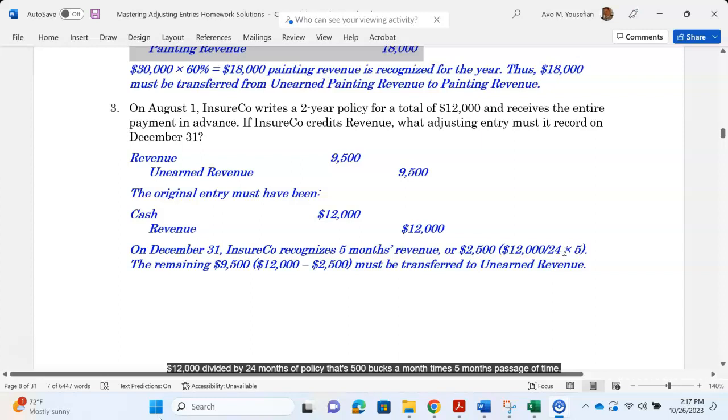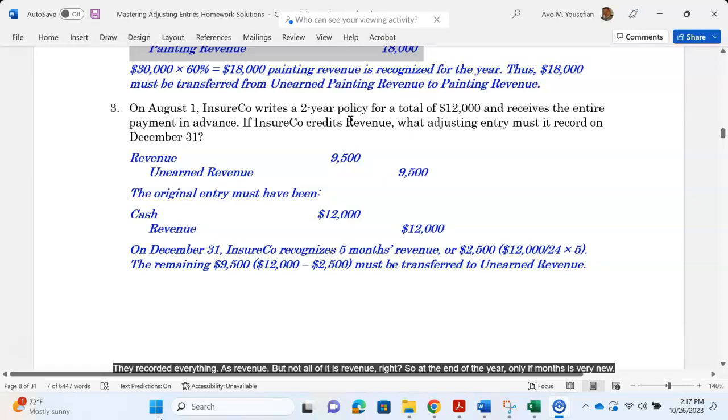That's $500 a month times 5 months passage of time. That's $2,500 earned, because this is an insurance company. They got $12,000 in advance. They recorded everything